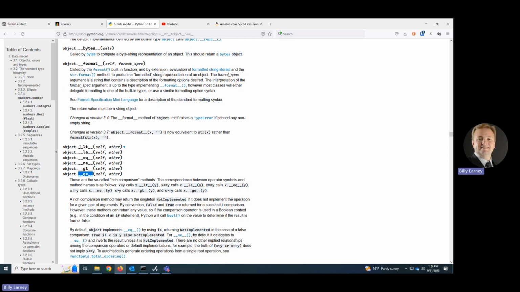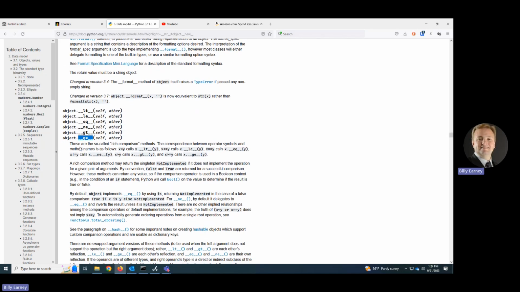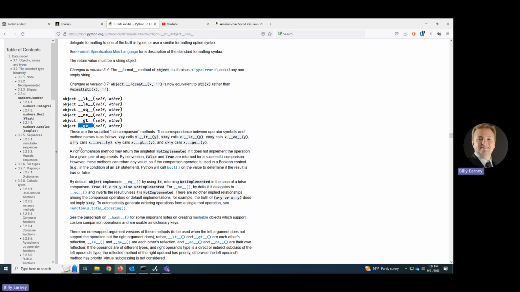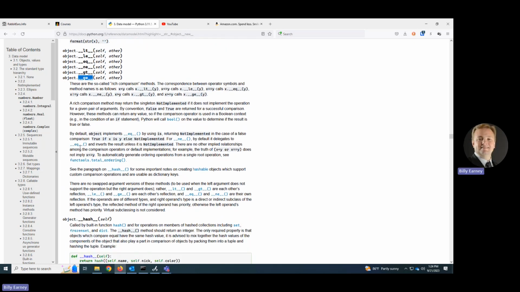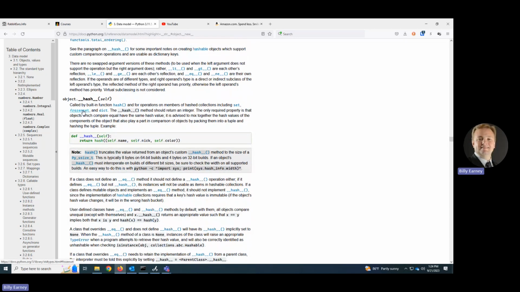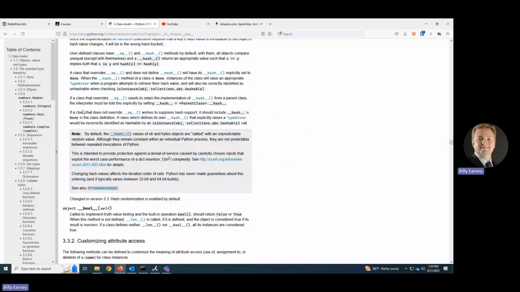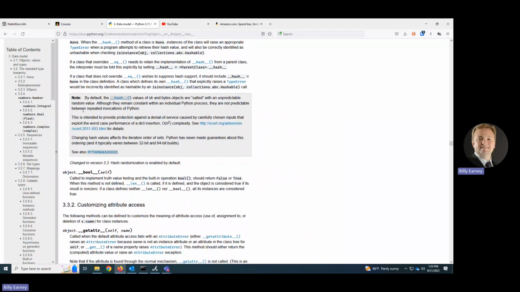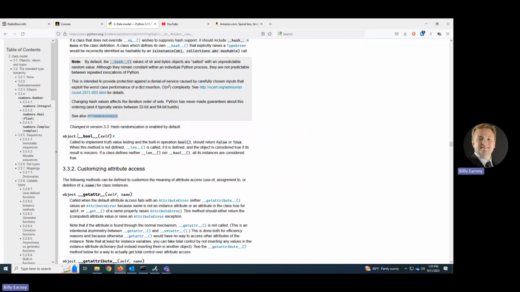And so this adds a lot of flexibility. It adds a lot of power that you could use in defining your objects. There's several of these. Hash comes in, sometimes a little bit important. It's something that we're not going to cover. You could do a Boolean if you wanted to. And why would you want to do that? Well, remember our conditionals. You could define a Boolean based on maybe if a certain